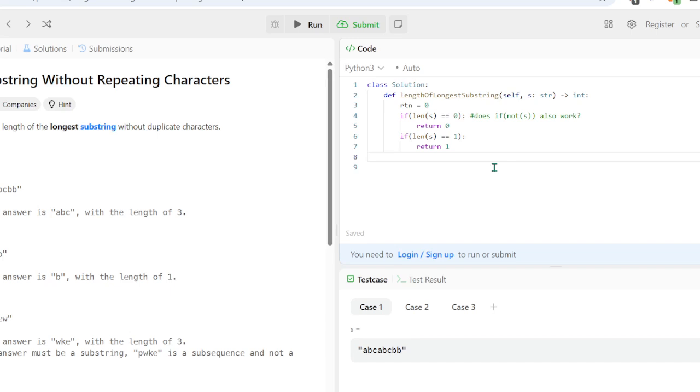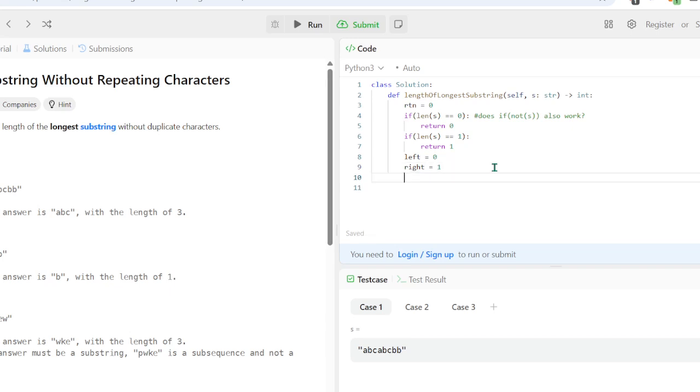Now I think what we can do is set a left and right pointer, and those are going to be indices in the string. So left equals 0, right equals 1. I'm going to write this out in my notebook here.